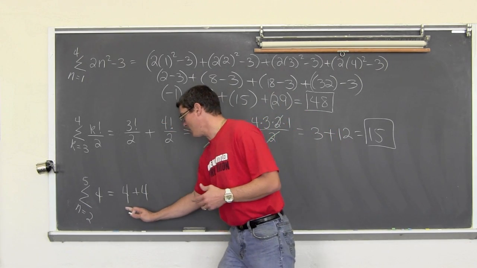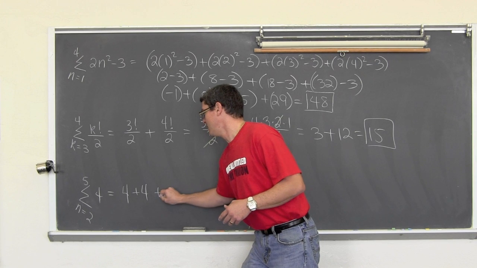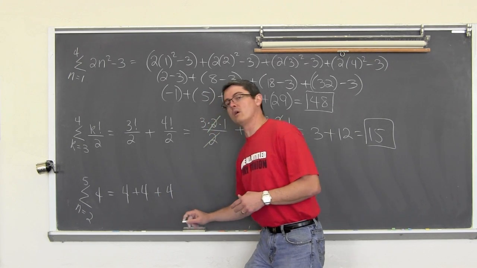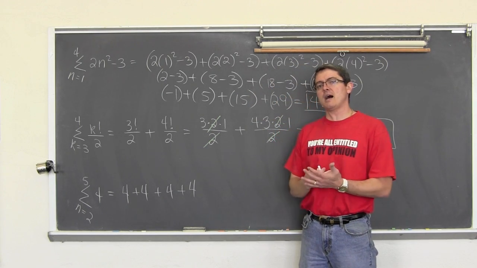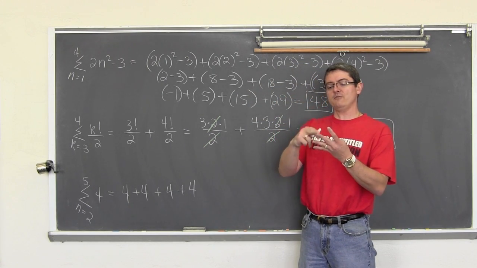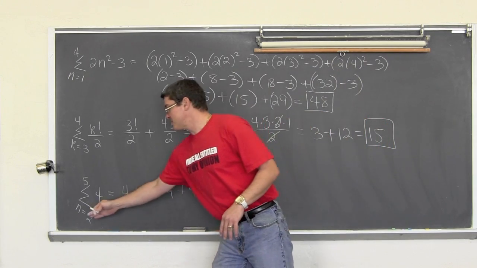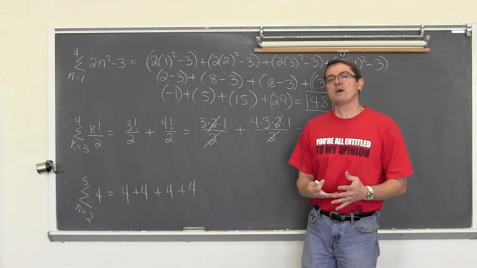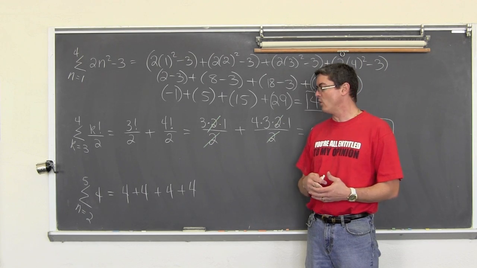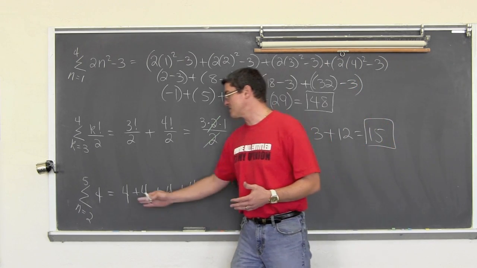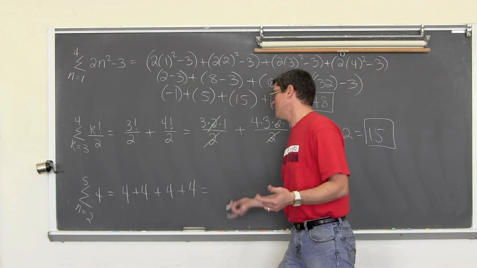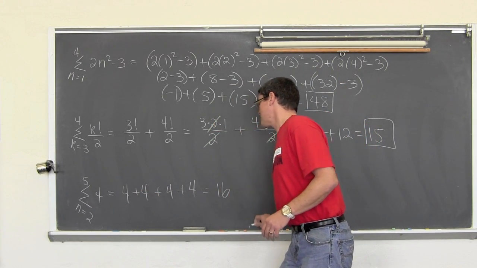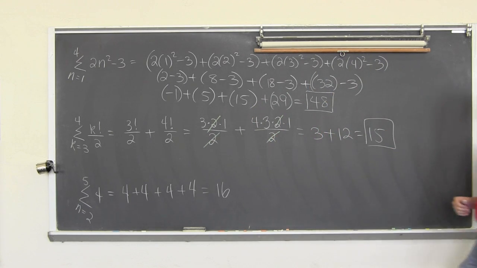Okay, starting to lose my place. N value 2, n value 3, n value of 4, and then finally an n value of 5. So I've still got 4 index values, 2, 3, 4, and 5, and we're attempting to plug them into the expression, but the expression is a constant value of 4, so its value will not change, but it's still indicating that we have 4 of those 4s, so our sum is going to be 4, 8, 12, and 16. I'm Mr. True. Bam! That's how you work with summations.